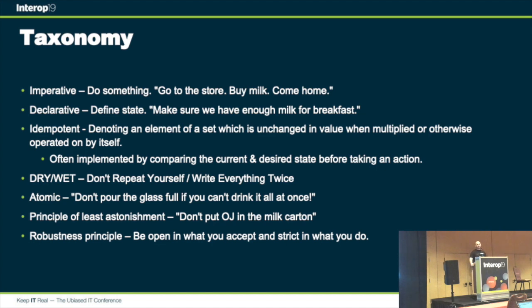We'll allow you to program differently, automate differently. So I'll go through this, probably talking through my slide line by line. Imperative is stating the actual steps you're going to do something in. This example says, go to the store, buy milk, come home. You're just saying step by step how you want to do it. This is generally how you would start, just how your workflow and your mind works.